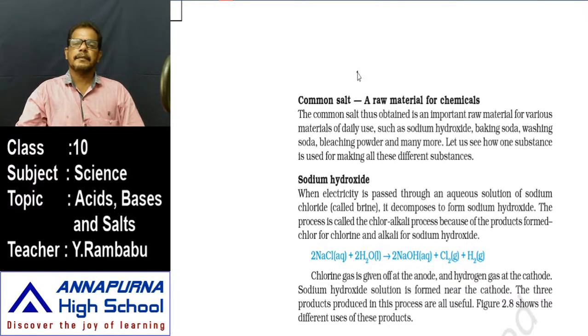So many salts are there, but we are familiar with common salt. So many salts like copper sulfate, magnesium sulfate, potassium sulfate, copper chloride, magnesium chloride, that means chloride salts, sulfate salts, nitrates, carbonates, bicarbonates, like that different salts are there. And already we have learned how we can identify the parents of a salt. Actually, what are the parents of a salt? Acid and base, that can be easily identified from the salt.